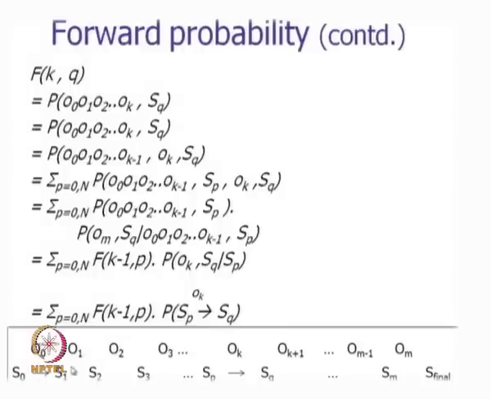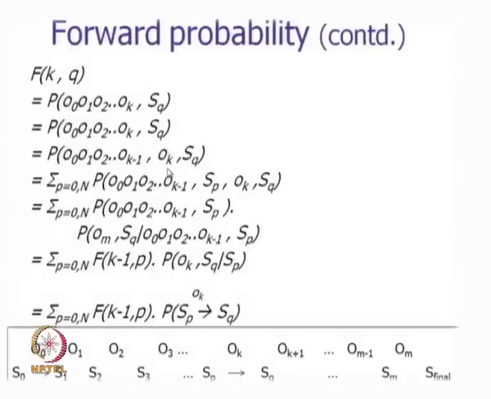So, for every state there is an output symbol and a transition to the next state. So, when we have this picture in front of us, we can very easily see that the forward probability f k q, which means nothing but observing the sequence O 0, O 1, O 2 up to O k, and then being in state S q. This is by definition, and this is equal to P(O 0, O 1, O 2 up to O k minus 1,